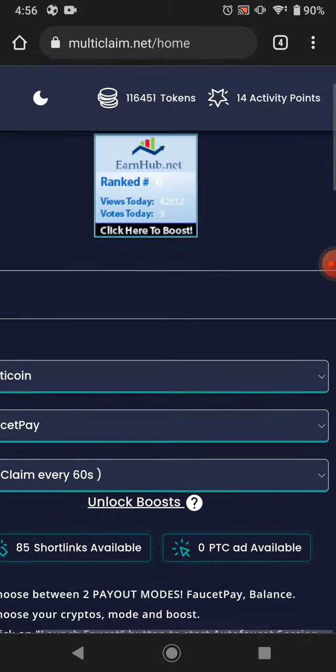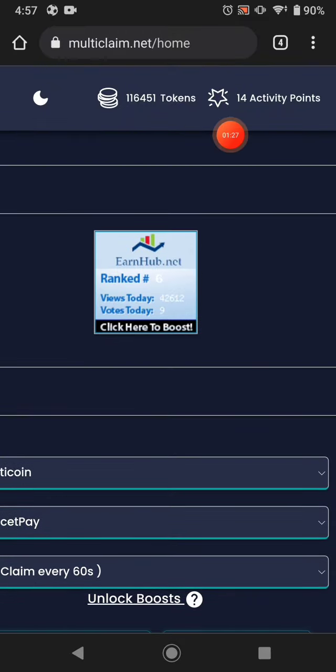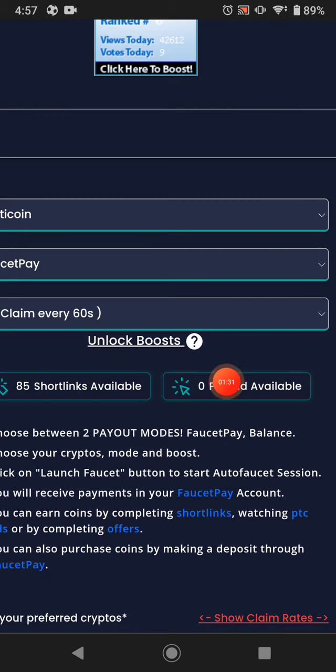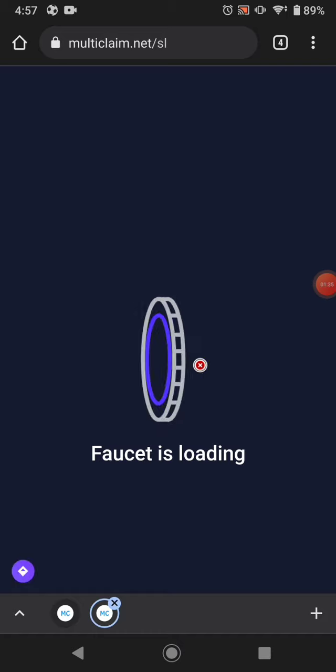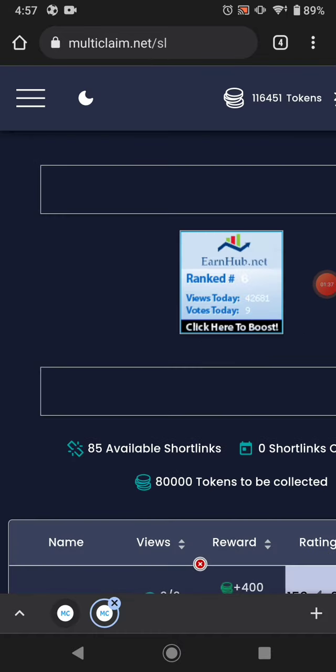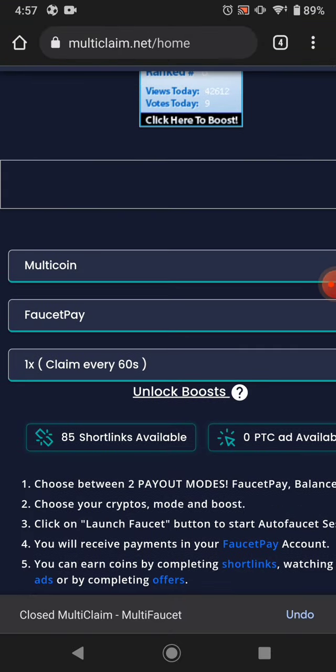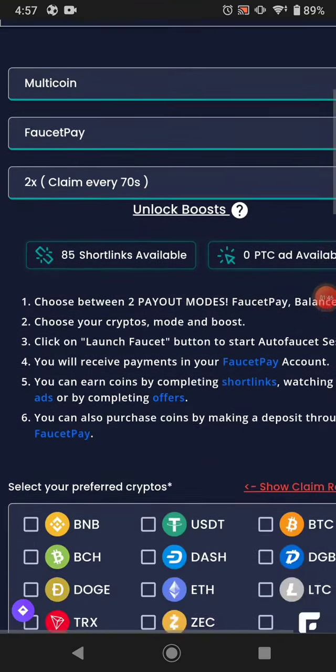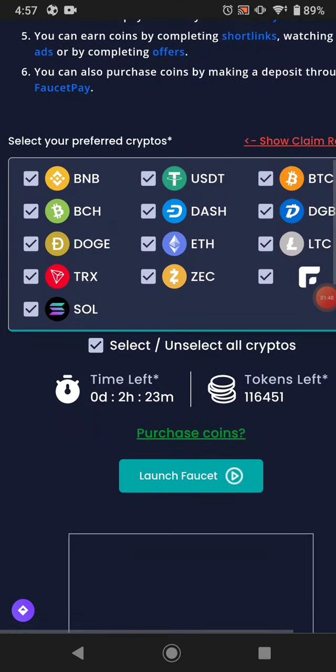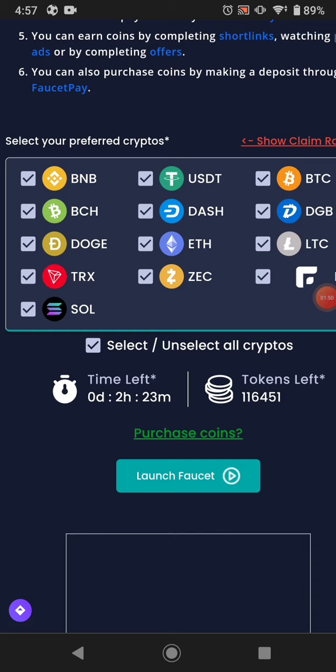Okay, how do you unlock the booster? You click activate point. You can watch the PTC ads, or you can watch the short links. You can earn tokens, and you can earn activity points. After that you can activate the booster. Okay, right now I choose the 2x booster, and I just clicked all of the cryptocurrencies I want to earn,